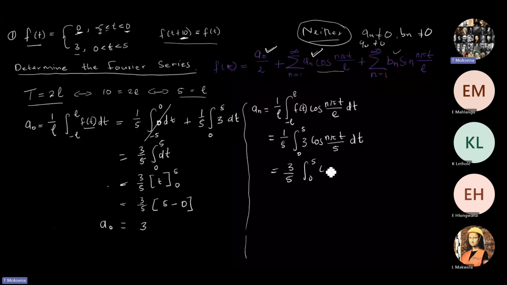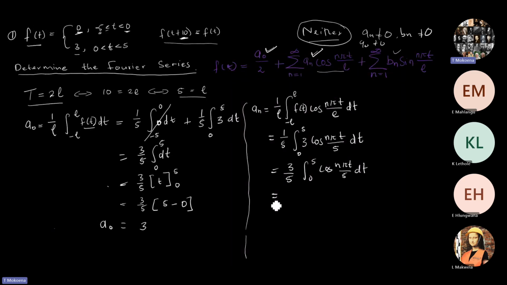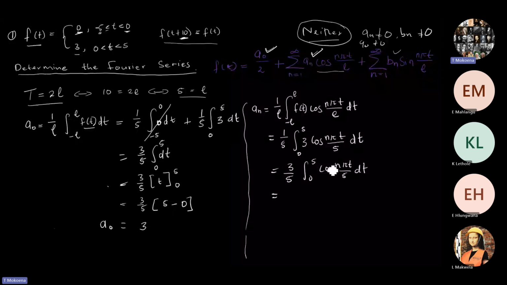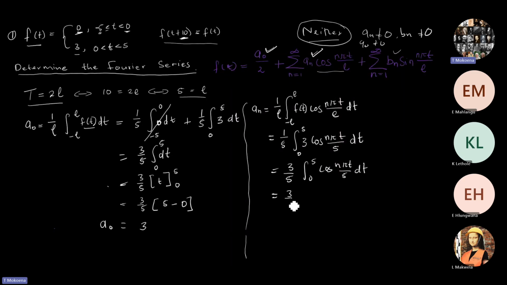Now here we just only have one function. We are not multiplying two functions. So now what is the integral? Of course, we know it's going to change to its core function. In this case, its core function will most definitely be sine, right? So when we integrate this, we have 3 over 5, and then I'm going to put my square bracket over here. And then when we integrate this, remember,